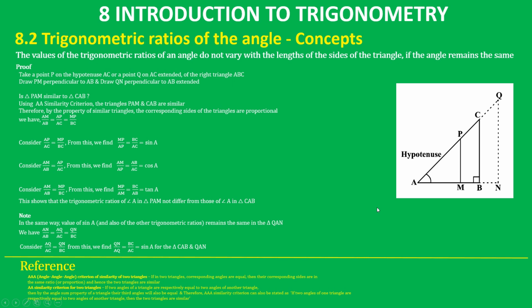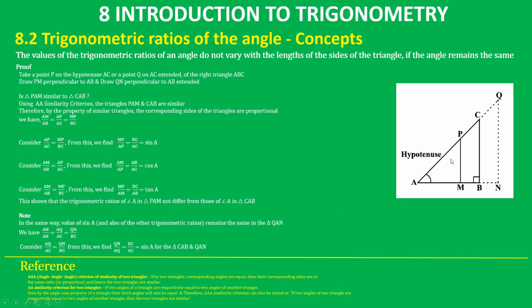Then we can write that, considering first this triangle QAN, AN divided by AB is equal to AQ, the hypotenuse, divided by AC, the hypotenuse of the other triangle, and